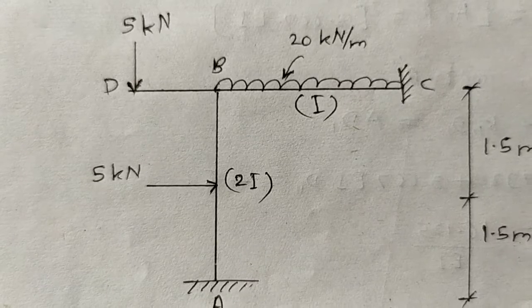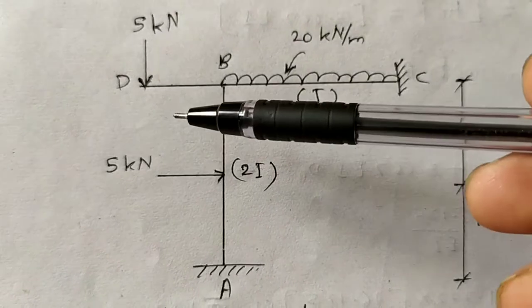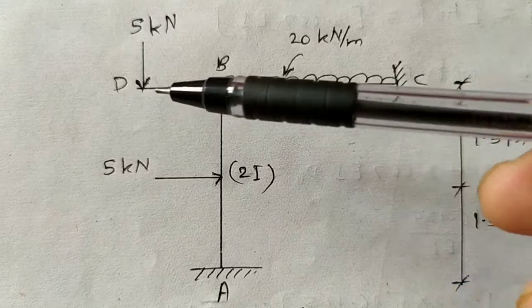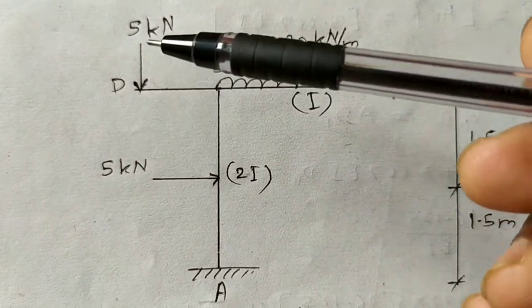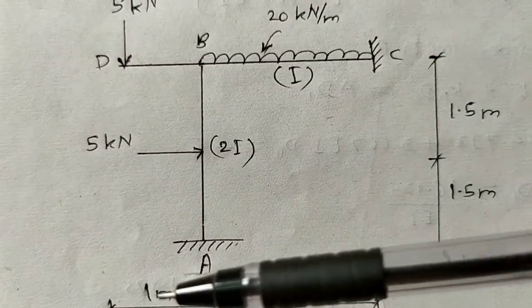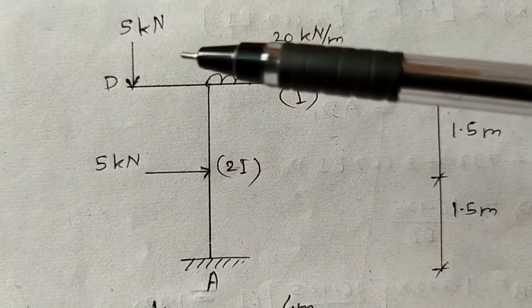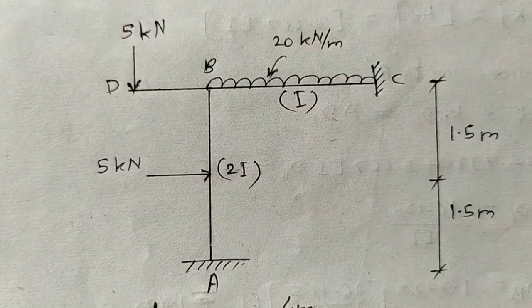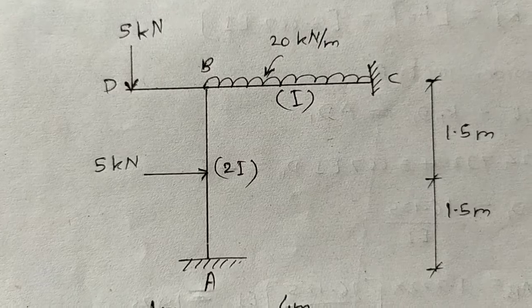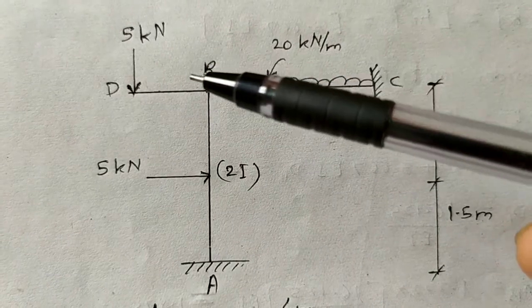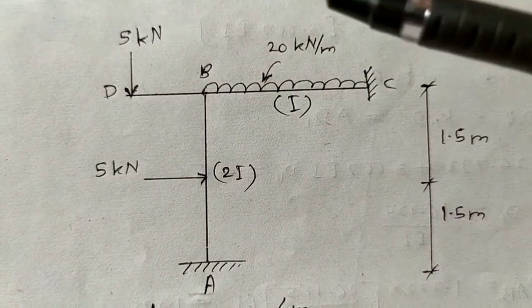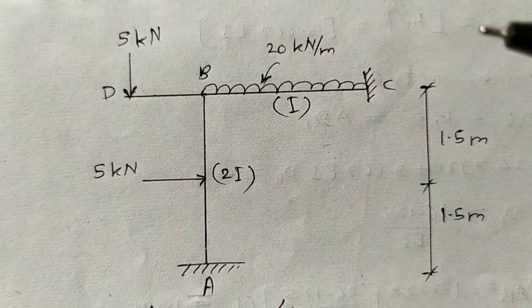AD1 is minus 5 because at joint B, this is the overhang portion and is forming 5 into distance 1. It is forming an anti-clockwise movement. So the applied moment at joint B because of this overhang comes out to be anti-clockwise. That's why we are taking it as a negative.